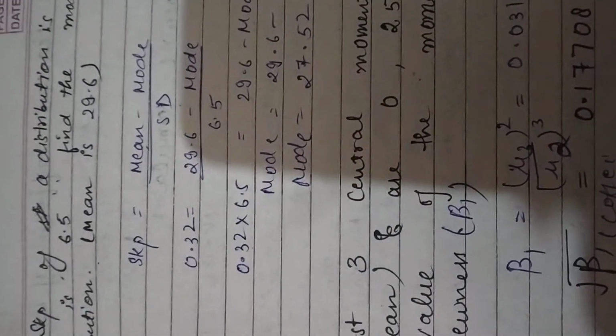One interesting thing is that if the standard deviation is not given and we are given the variance, then the standard deviation is obtained by the square root of variance.